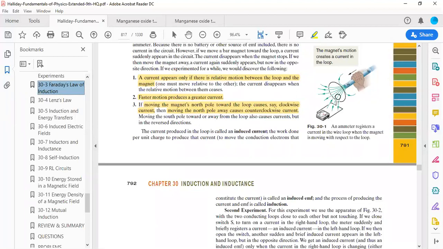So this is the basic principle we use in the generator. Rather than changing the magnets, we rotate the coils.